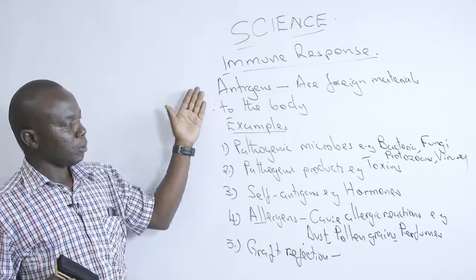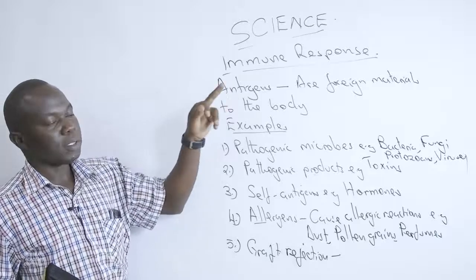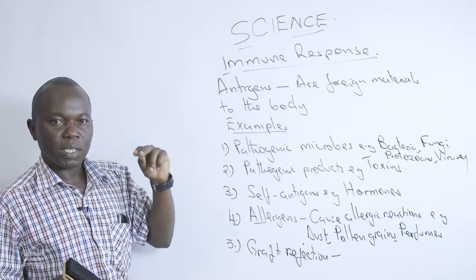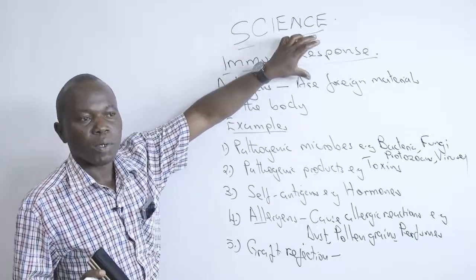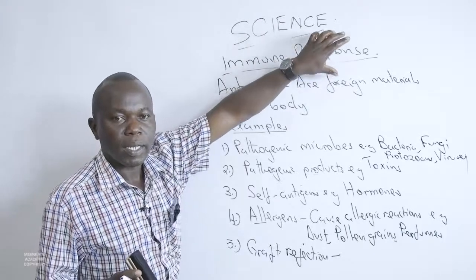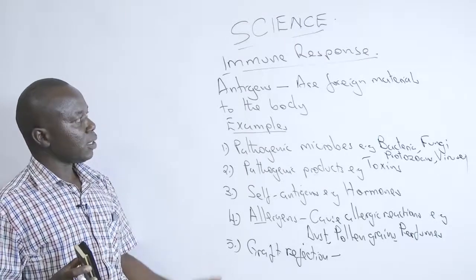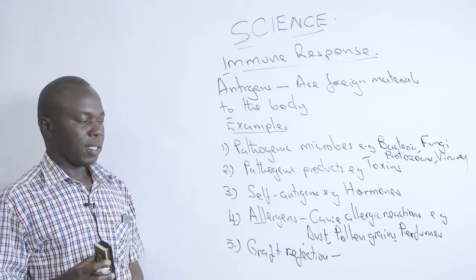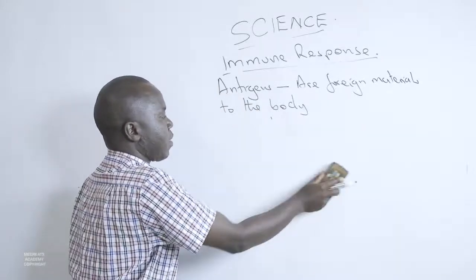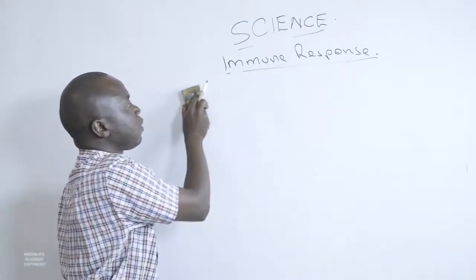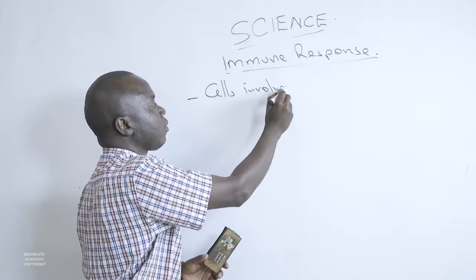So when the body is exposed to these antigens, as we have mentioned, the immune system will be activated or triggered into activity. The triggering of the immune system into activity, we call that an immune response. But now we have to find out what type of structures or cells in the body are actually involved in the immune response. So cells involved in the immune response include